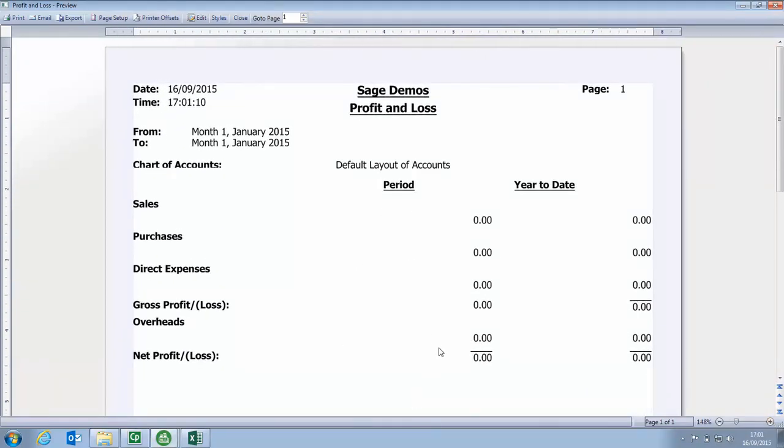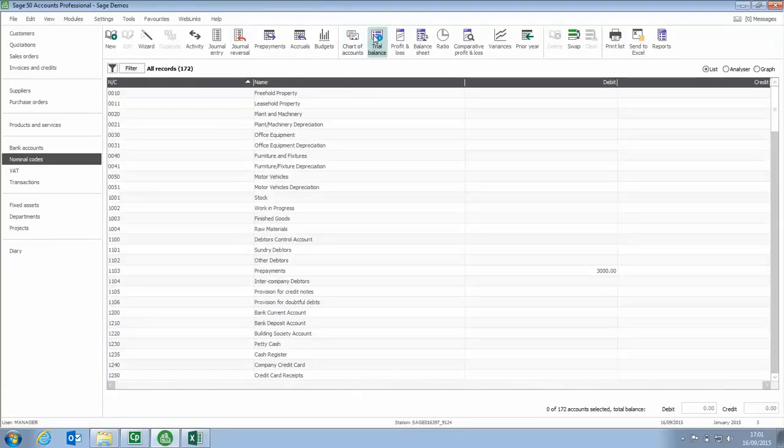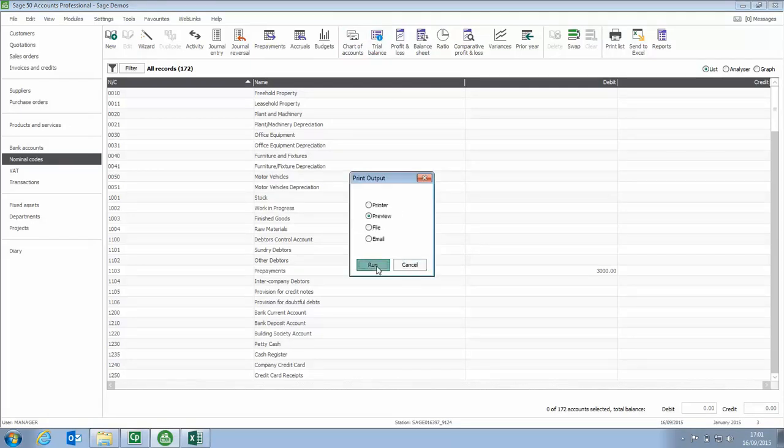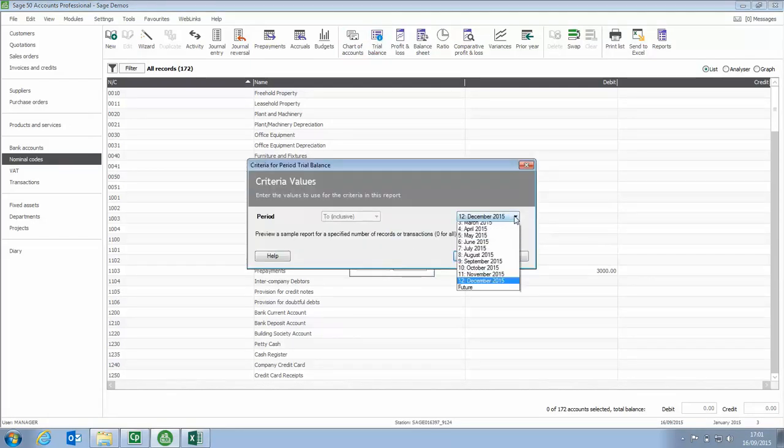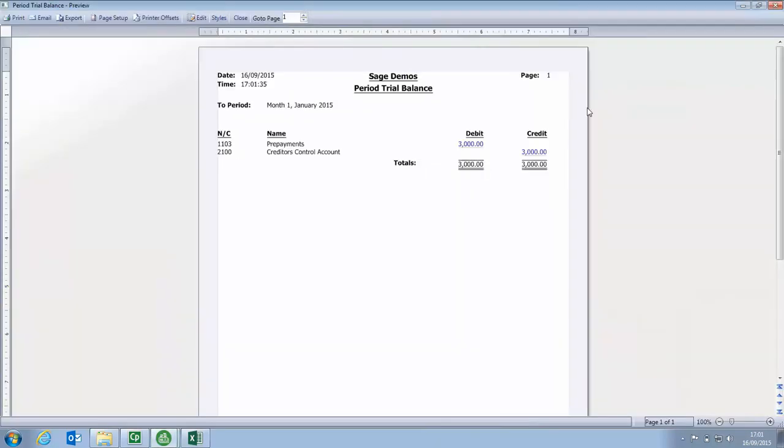So in the period column and the year-to-date column for that matter, we've got nothing in the overhead section, so we've managed to remove that expense. If we just close out the profit and loss, let's have a look at the trial balance. Again, I'll run that up to the end of January to OK that. And if we zoom in,